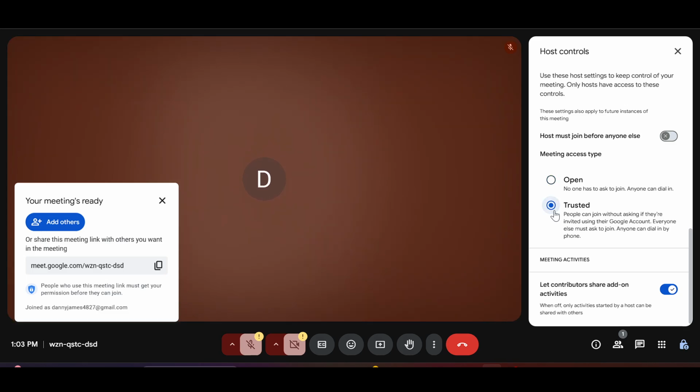But if you keep it on trusted, when someone joins, it will show you a pop-up of their profile that they want to join. If you want to admit them or not, that is up to you. So after your permission only, they can enter in the meeting. So just make sure to keep this option to trusted, and then you will be able to enable the waiting room in Google Meet. But remember, for those members whom you send the link can join seamlessly and effortlessly,